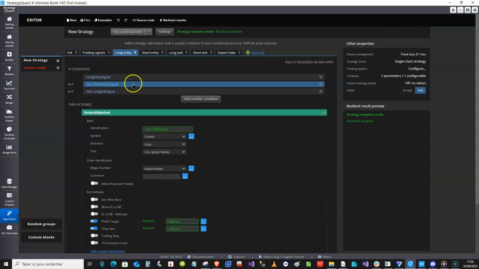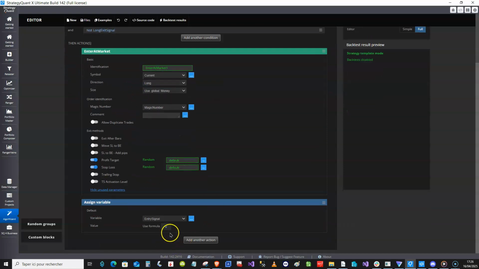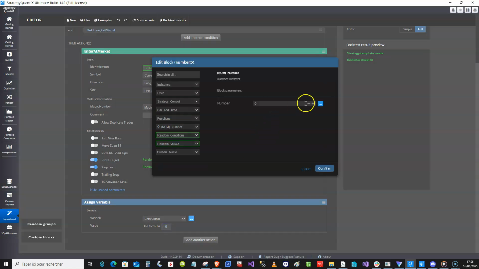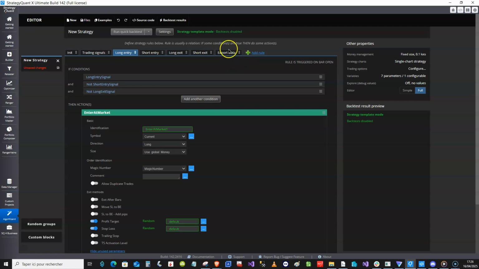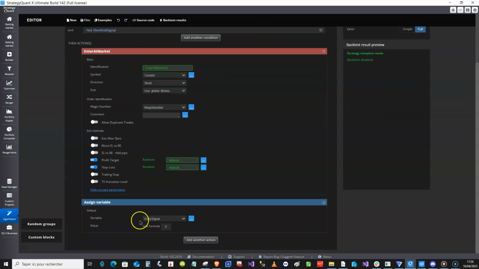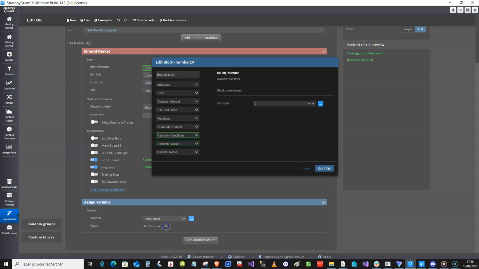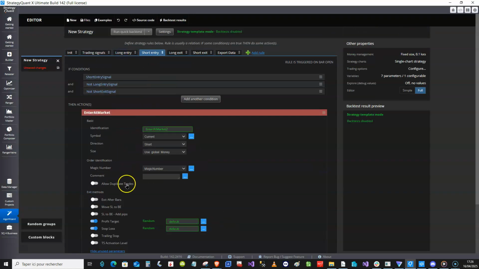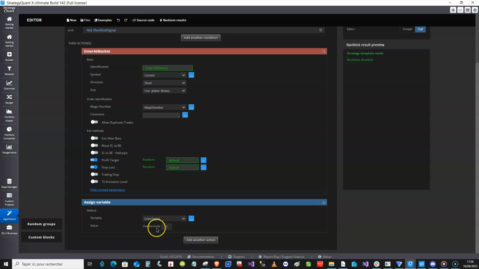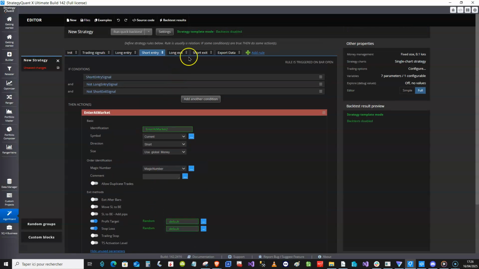Each time we have a signal, a long entry, for example, we can tell the next rule that we have a long entry. The same thing for short. We have this variable. We set it to -1. It could be 1, but okay. So each time we have an entry, the variable is set to a number different than 0.